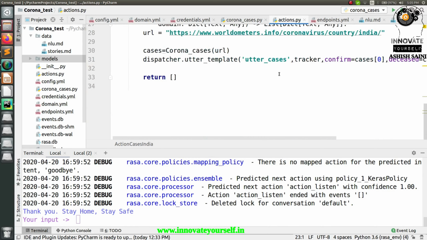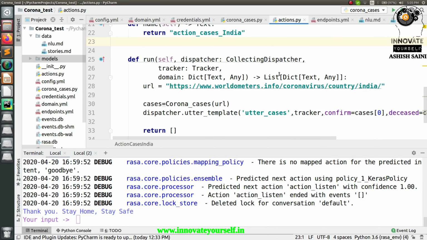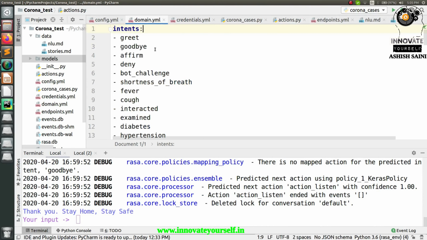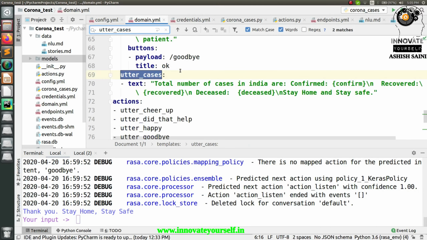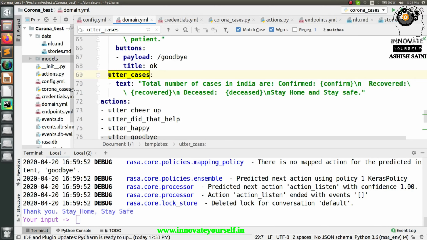For that, we have to create an utter action inside your domain file, so that it can be further called inside your actions file to display those values. In my case, I have created this utter_cases inside your domain file. So this is the utter action in which I want to display the values of your live updates.